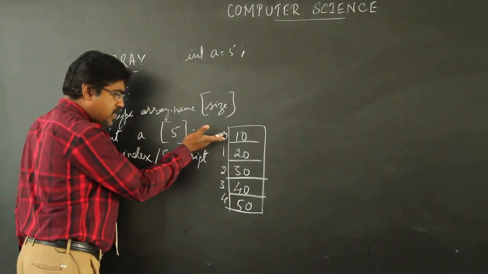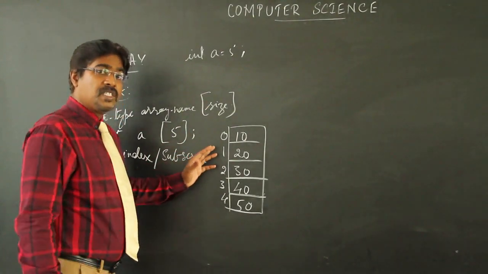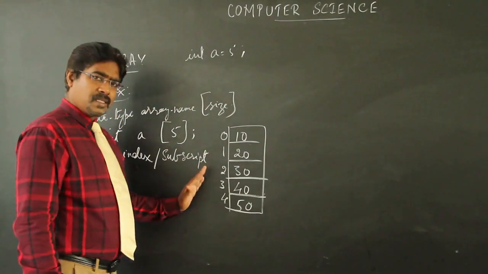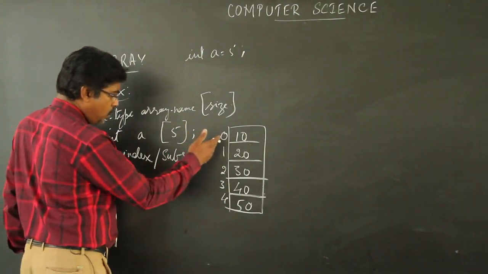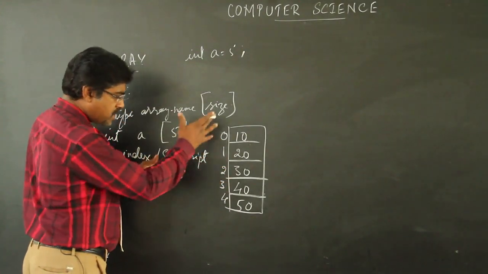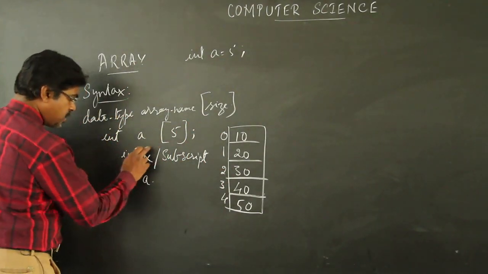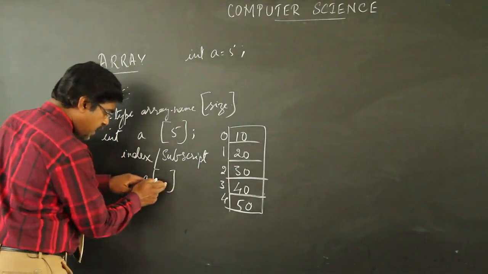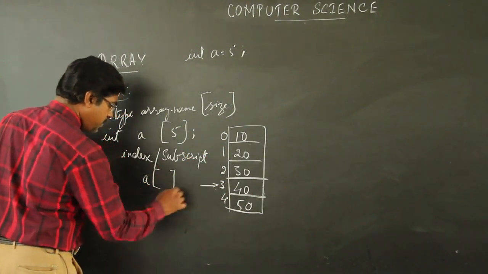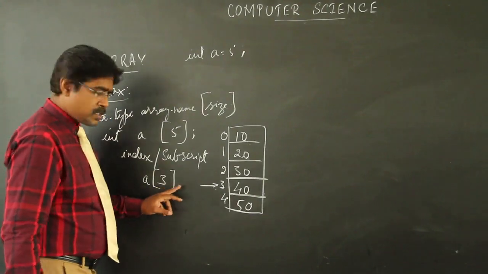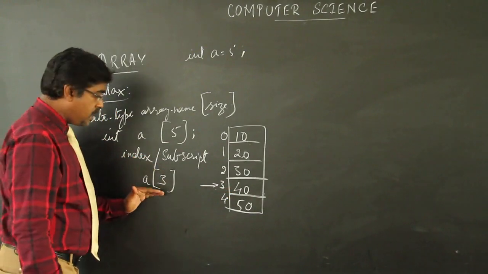So always the indexing begins with 0. You also can call it a serial number, but here we don't call it a serial number, rather we say index or subscript. 0, 1, 2, 3, 4. When I want to access any element in an array, I will use the array name A as it is, then a square bracket. Inside this, I am going to write the indexing value. For example, I would like to access 40. I will be taking 3 here. 40 is the element we are going to access, and I will be using A of 3. 3 is the indexing value.